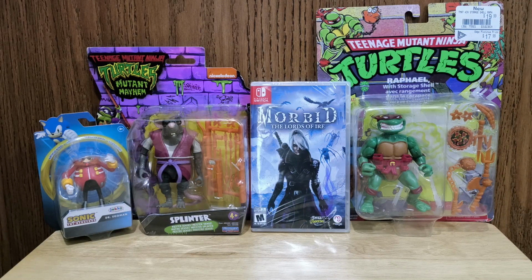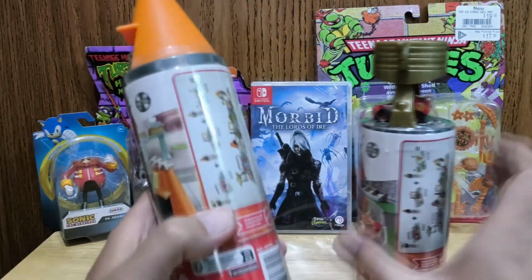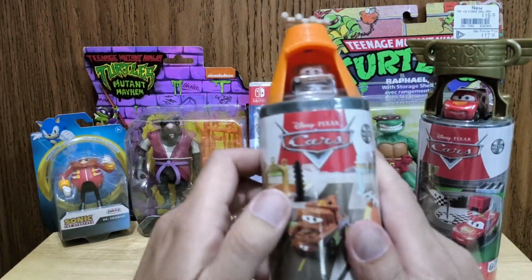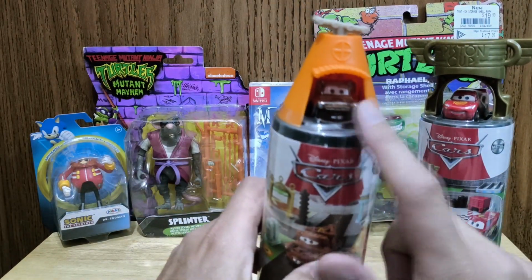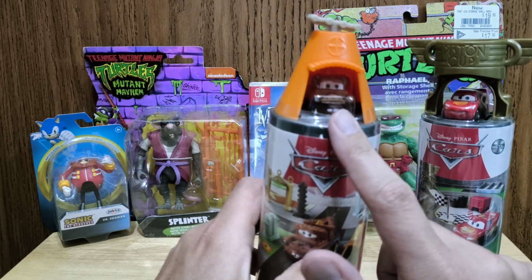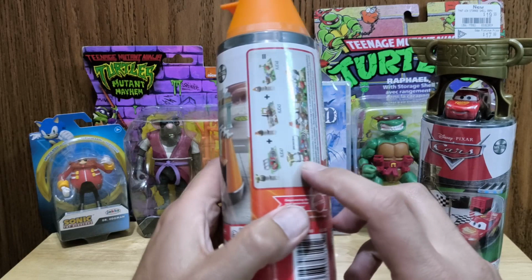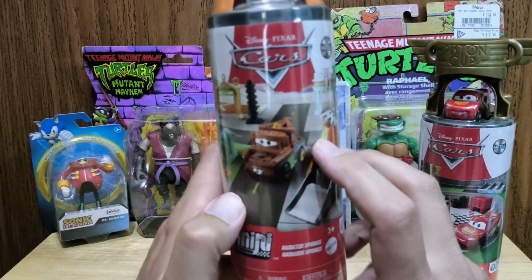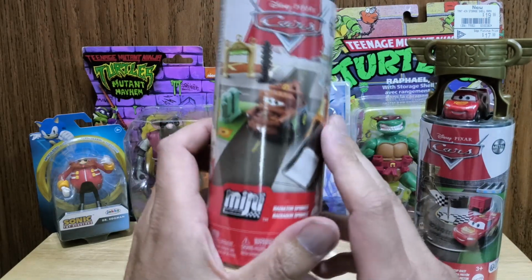Well, we got this bag open here. Once again, in the last pickups video, we discussed my newfound love of the Cars toy line. So these are neat. I've never seen these locally. It's like mini cars. I have some of the mini cars. I guess they were for sale at some point around here, but I've never seen them to come with a little play set. So this one I'm filling with is Mater, of course, the tow truck, and his